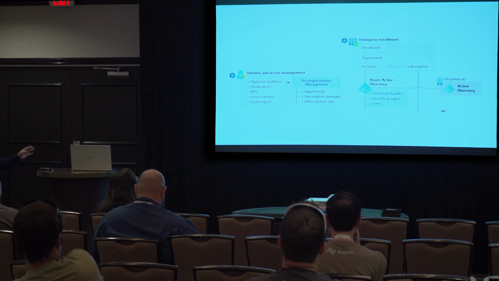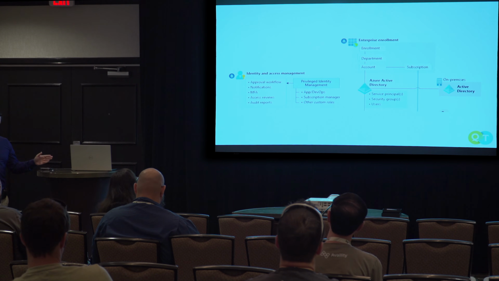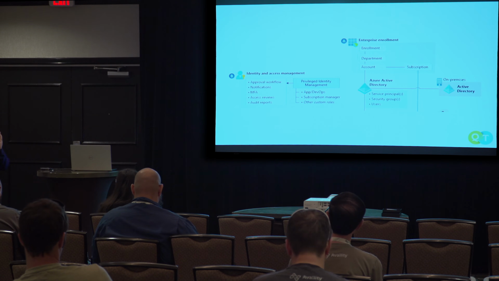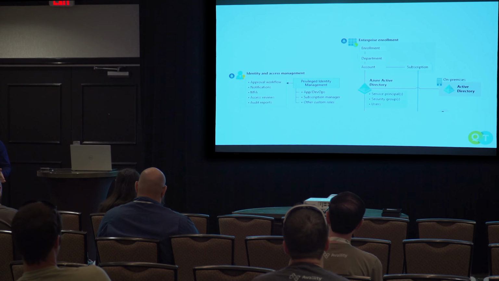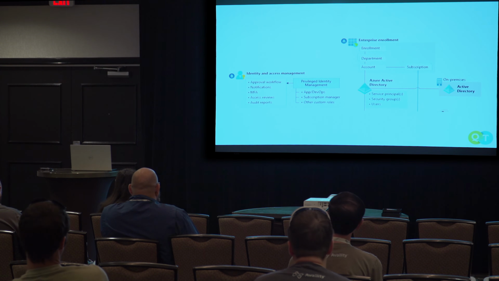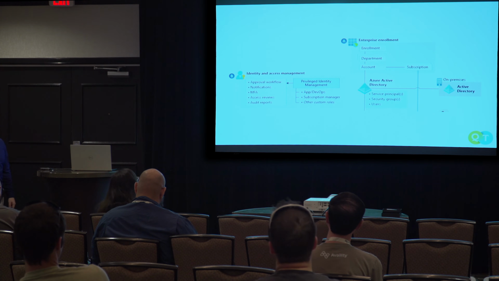So what Microsoft has up here really has to do with how your enterprise handles identity and access management. First has to do with your enterprise enrollment. How do access rights for the actual application work? So how do I allow access to my website if it's coming from Azure Active Directory? And you can change this out for Okta or whatever else your company uses for access to applications. And then you've got your infrastructure.